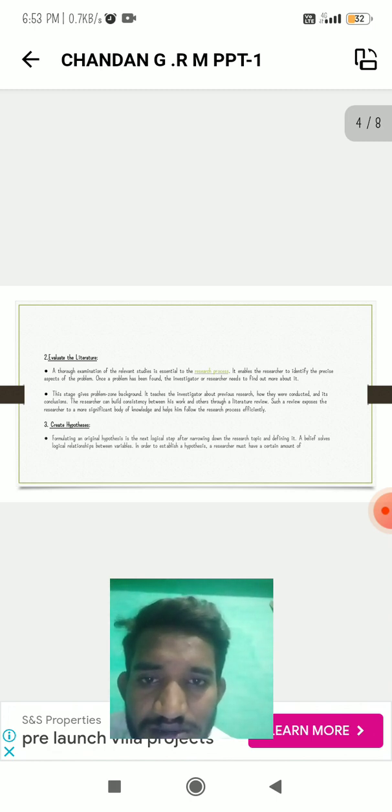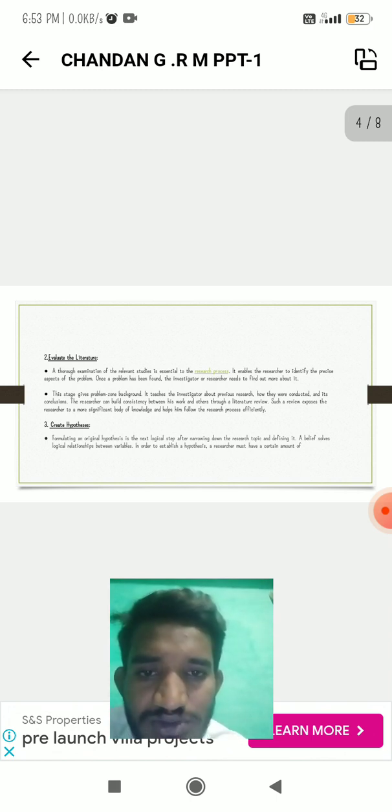Third one, create a hypothesis. Formulating an original hypothesis is the next logical step after narrowing down the research topic and defining it. A hypothesis establishes logical relationships between variables. A researcher must have a certain amount of